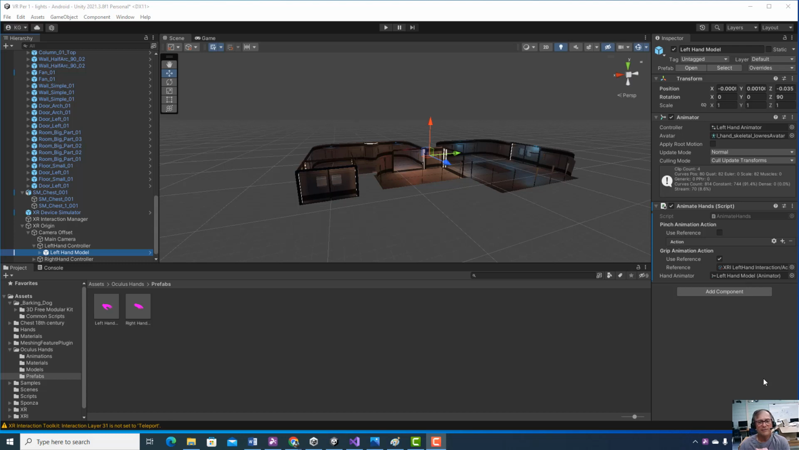So this is the first lesson in a series in which we're going to take a scene from Unity and we are going to turn it into a virtual reality game. So once you learn how to do this, you can virtually take any scene and make it a VR game. So let's get started. This scene is the